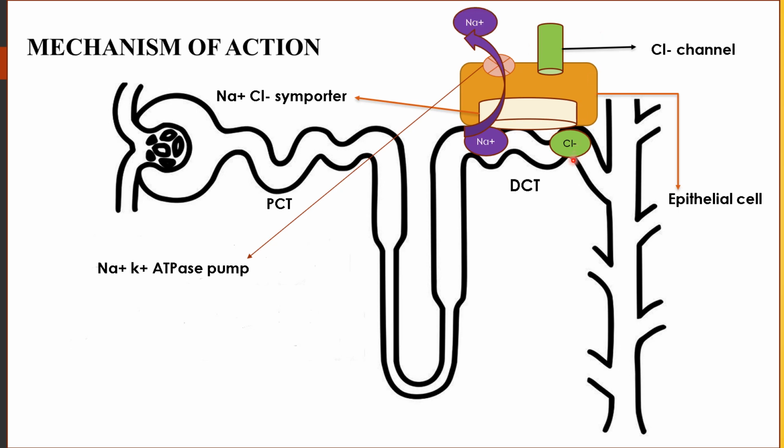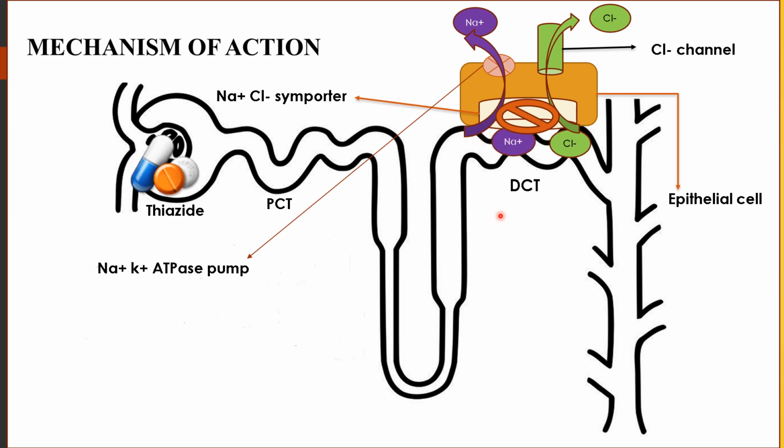In a similar way, the chloride ion present in the lumen moves into the cell through the Na+Cl- importer, and from there it reaches the interstitium through the chloride channel, where it is also reabsorbed into the blood. If you give a thiazide diuretic, it moves into the DCT and blocks the Na+Cl- importer, which prevents the reabsorption of sodium and chloride ions, and these ions are lost in the urine. These sodium and chloride ions, which are the major contributors of osmolarity, eventually take water along with them. So, this is how the thiazide diuretic works.